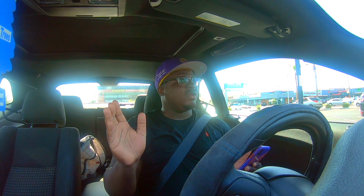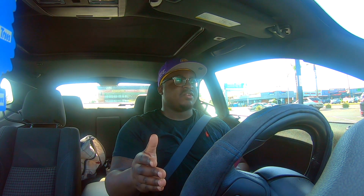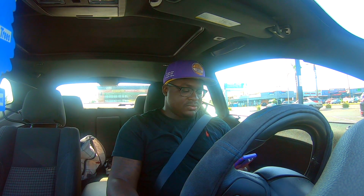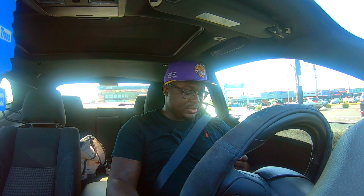I mean, like I was just saying before, you could either get the Super Stock, which has a crappy name in my opinion, only in my opinion, or you can get the Hellcat Redeye. That's only 10 horsepower less, but you could probably make it just as fast, if not faster, and depending on who the better driver is, most likely going to win that race every time. So, like I said, coming in at 797 horsepower, 707 pound-feet of torque,